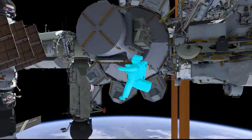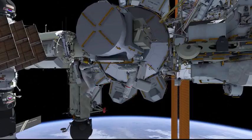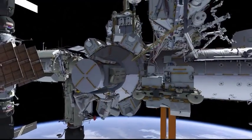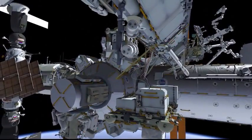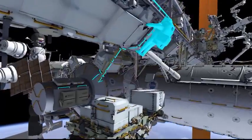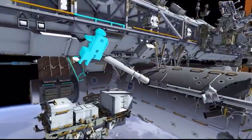First, Jeff Williams will be exiting the Quest airlock on his 5th spacewalk, followed by Kate Rubens. Jeff will lead from the airlock up onto the main truss segment. Because of the distance of the radiator from the airlock, it's actually on the end of the truss out P6,